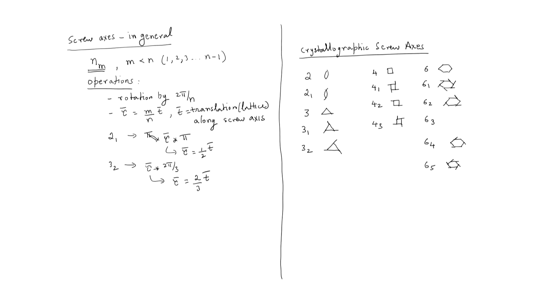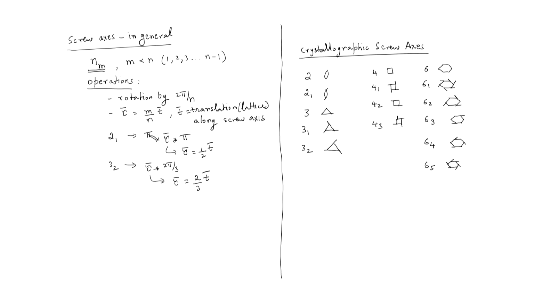Now, coming to 6 sub 3. So, 6 sub 3 again starts out with the hexagon and it will have essentially only 2 fins, also showing that the subset for 6 sub 3 is a pure 2-fold rotation as well. So, this kind of summarizes all the crystallographic screw axes that are possible.